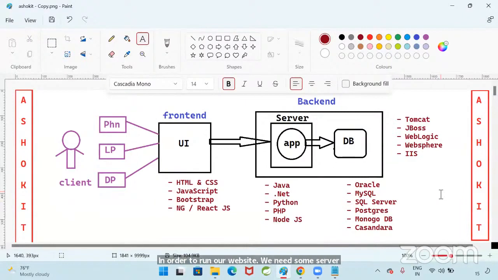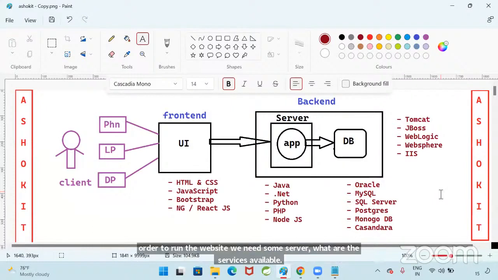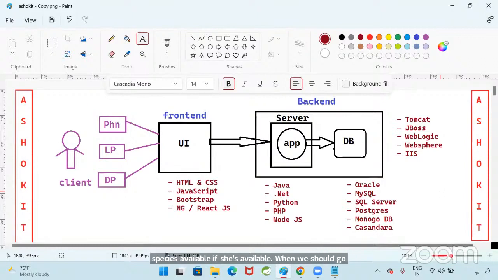In order to run the website, we need some server. What servers are available? Tomcat, JBoss, WebLogic, WebSphere, Glassfish, IIS. When should we go for the IIS server? Only for .NET, a Microsoft product. .NET is developed by Microsoft. If you are working as a .NET developer, your .NET project should run in the IIS server. If you go for Java,